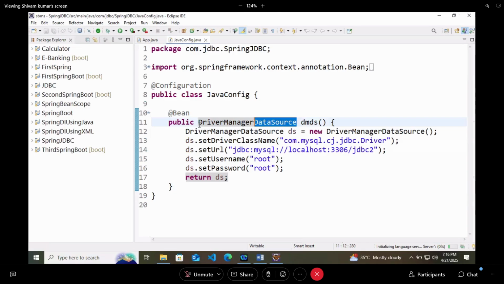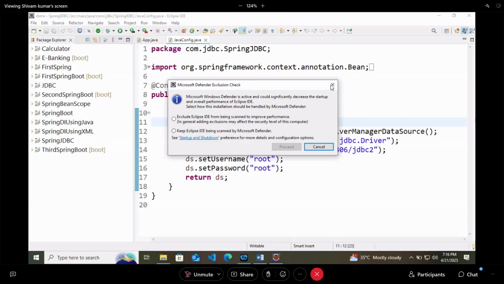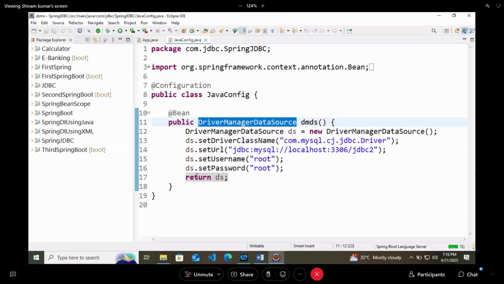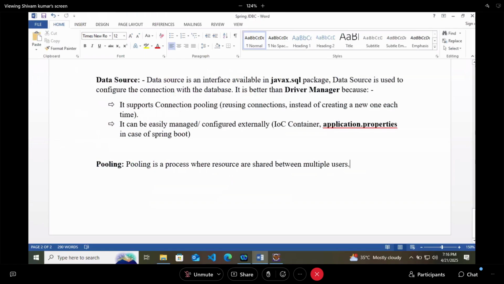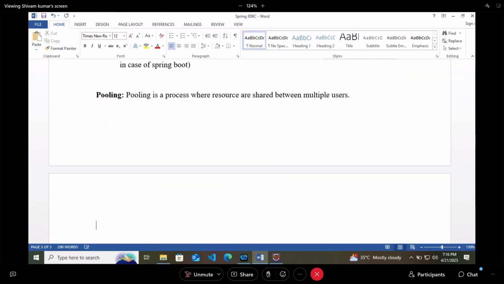This is a particular class which is used to create a connection with the database.